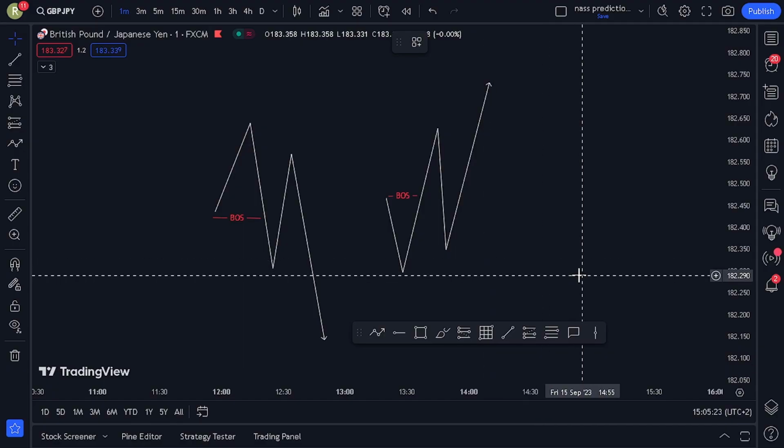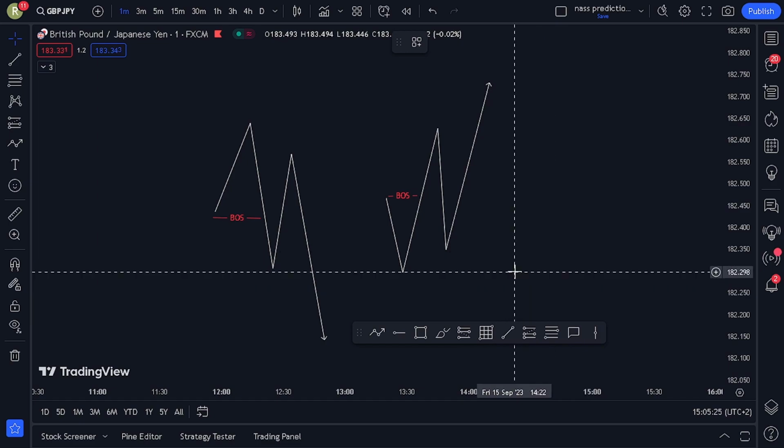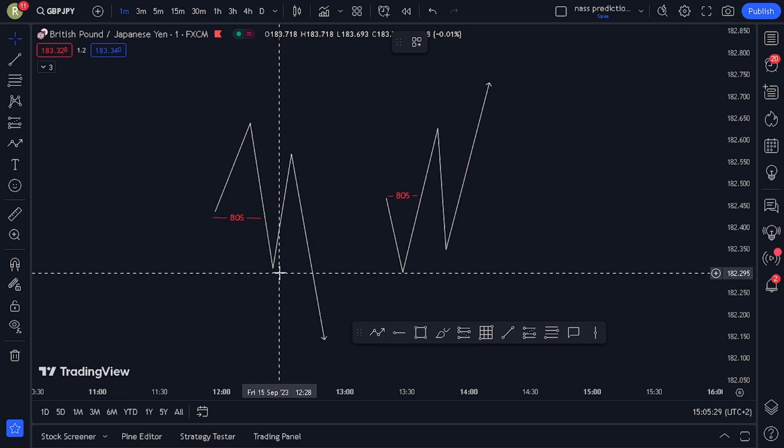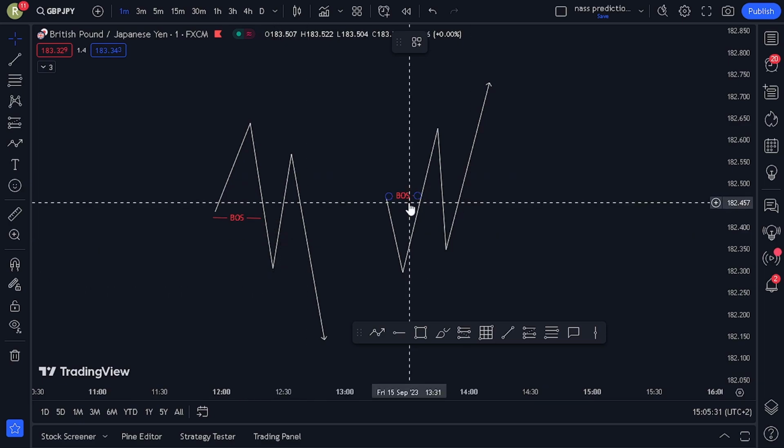I'm Trade, and today we are going to talk a little bit more about break of structure and how to enter based off break of structure in the markets. We have simply two break of structures that can happen in the markets. First one is a break of structure to the downside, and second one is a break of structure to the